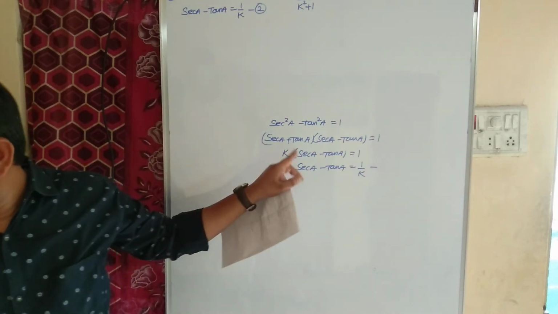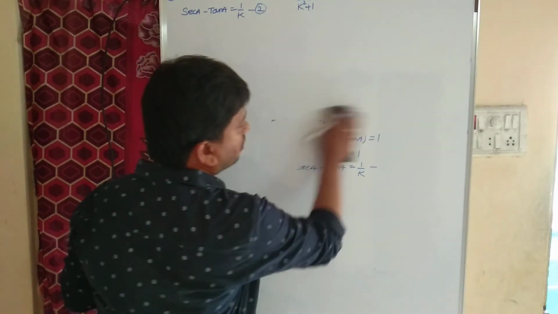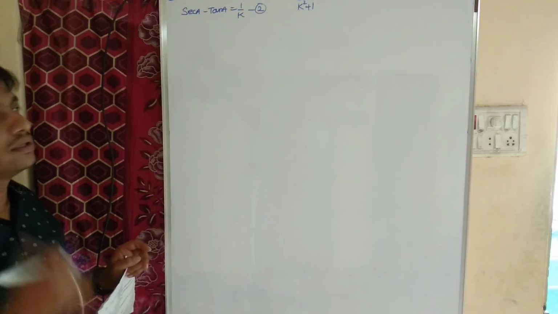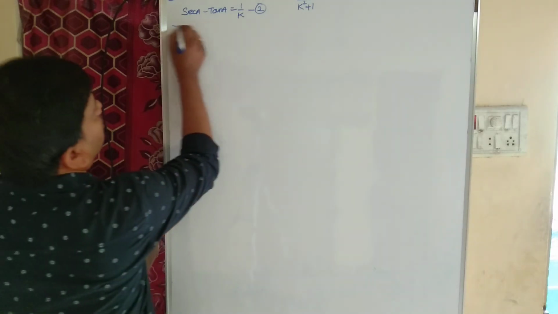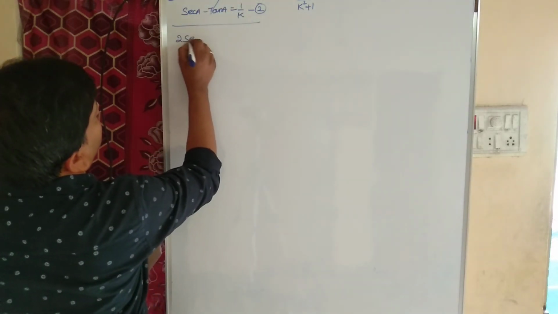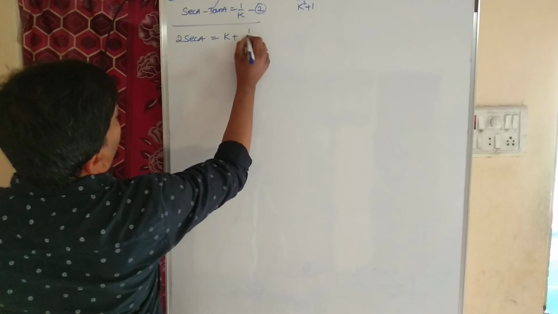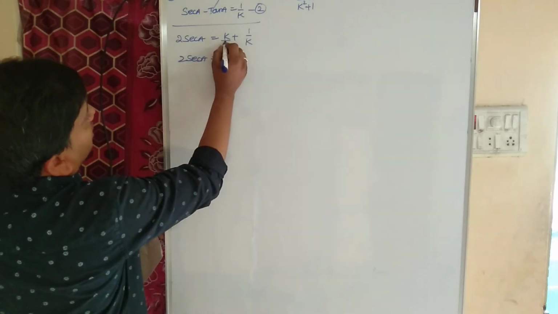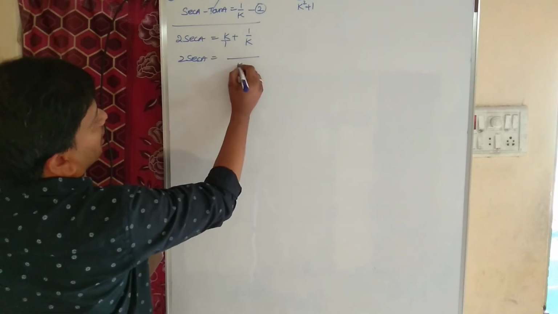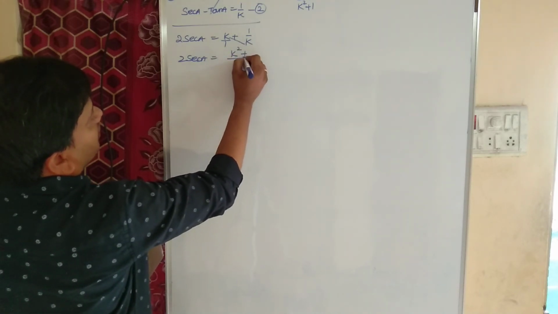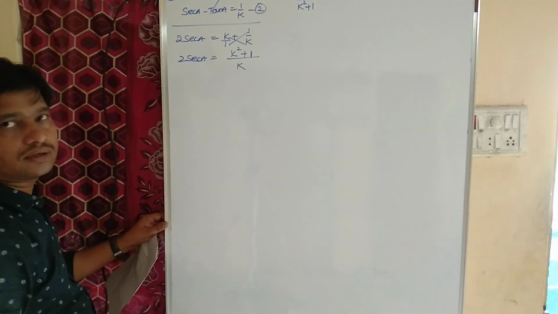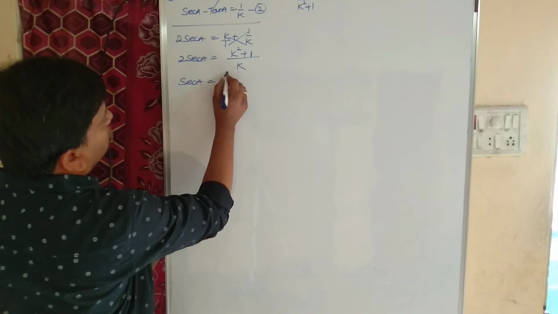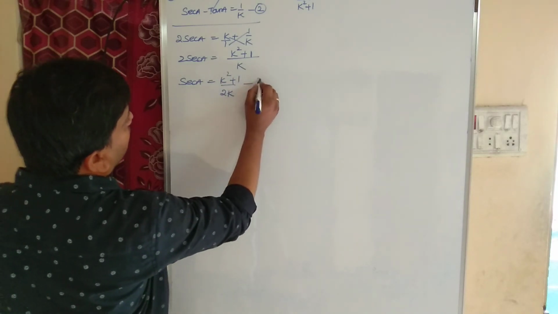Okay. So children, no need of doing all this. If we know, we can directly write sec a minus tan a equal to 1 by k. Now add equation number 1 and equation number 2. Minus tan a plus tan a cancel. 2 sec a equal to k plus 1 by k. Here, the LCM is k, so k square plus 1 by k. 2 is multiplying, so transpose: sec a equal to k square plus 1 by 2k, that is equation number 3.